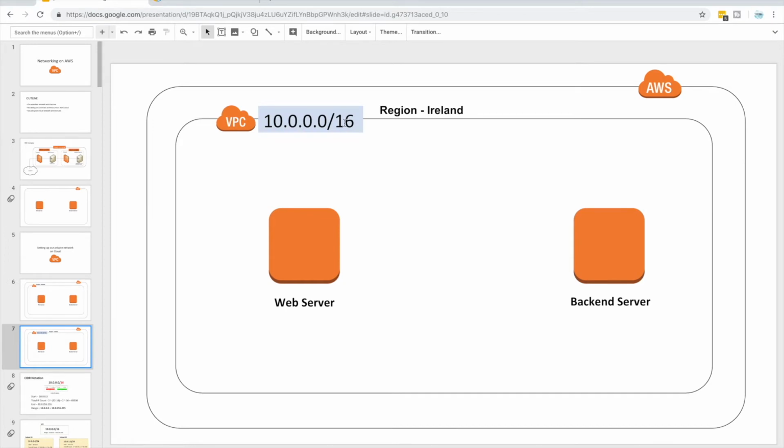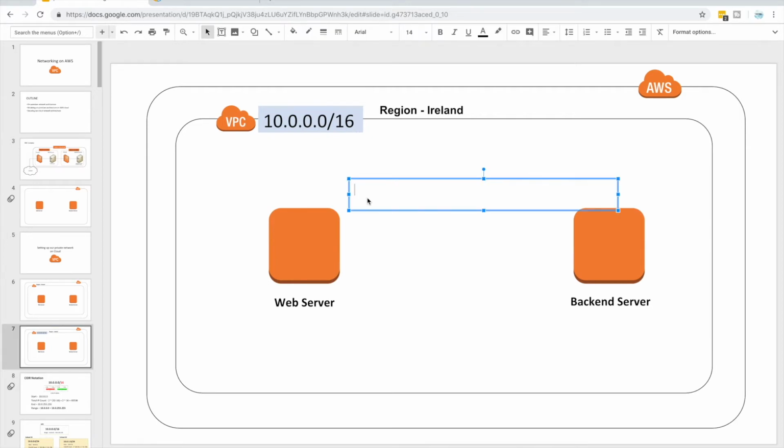In this case, we have defined this particular IP address range, 10.0.0.0/16. Now, this is a private IP address range. Can we use another number like 11.0.0 something? Yeah, of course you can, but there are some standard IP address ranges, and it is always recommended to use these standard IP ranges, and we call them the RFC 1918 standard. In this standard, they have several IP address ranges. One is obviously this one,